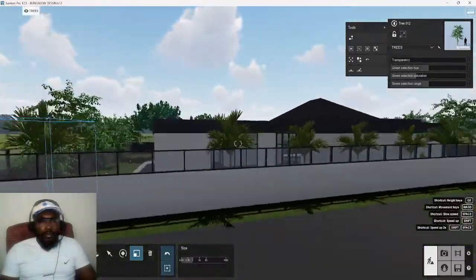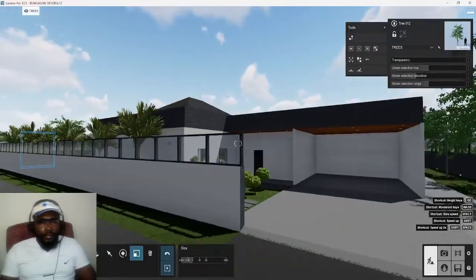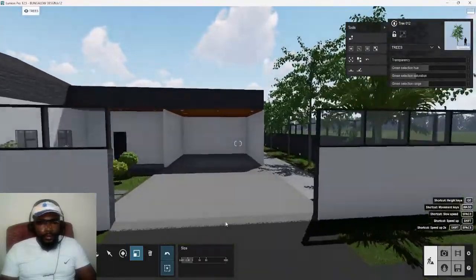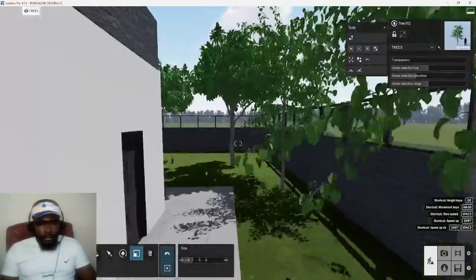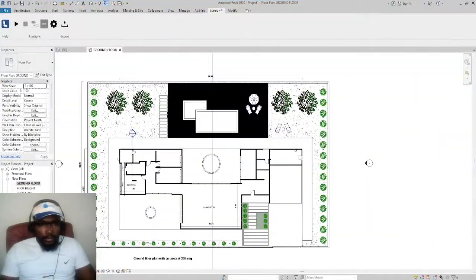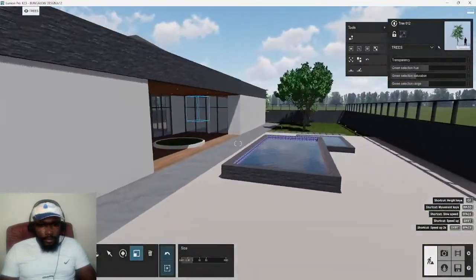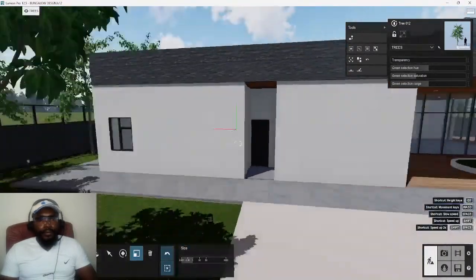Okay, there we go. Okay, so this is what we have as far as the trees are concerned. I think we get all that in place. We got the grass in place too. Okay, and now